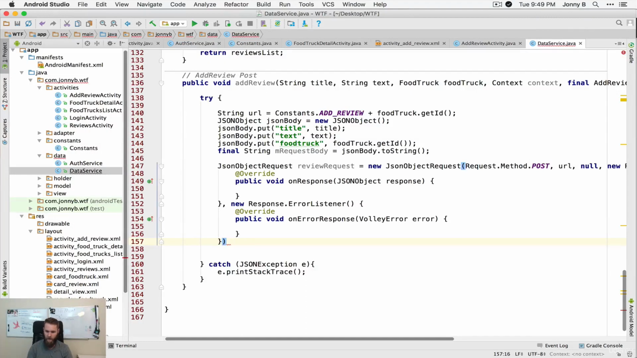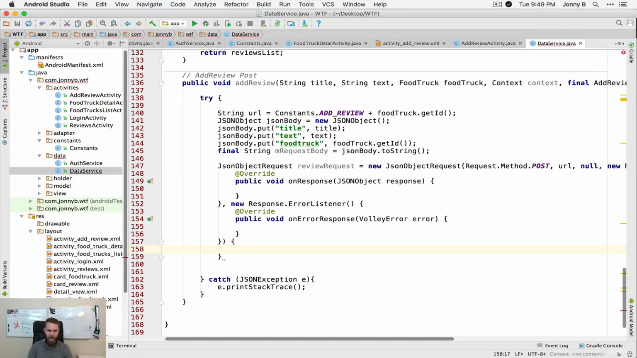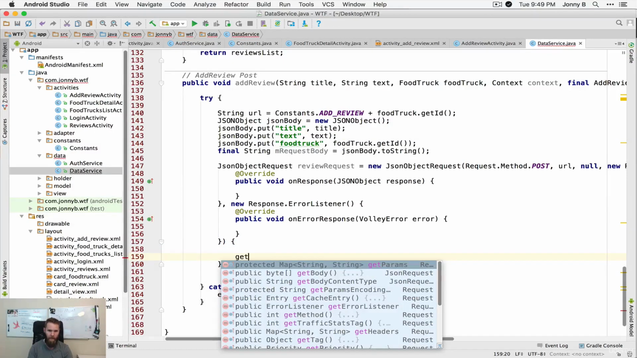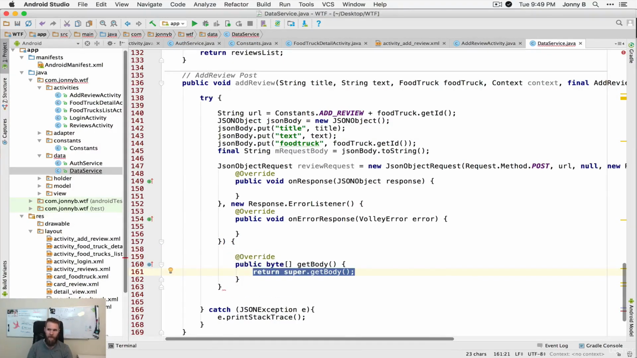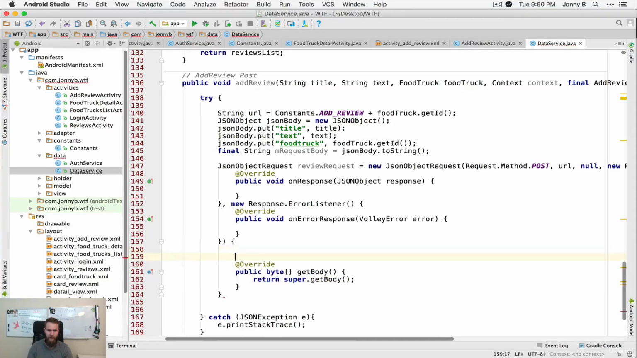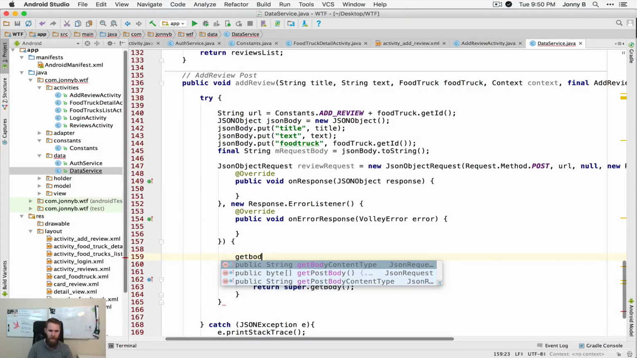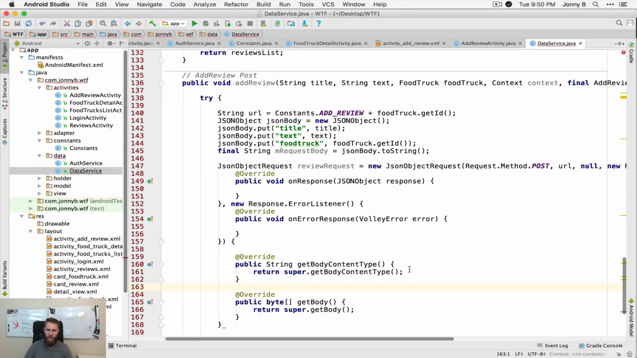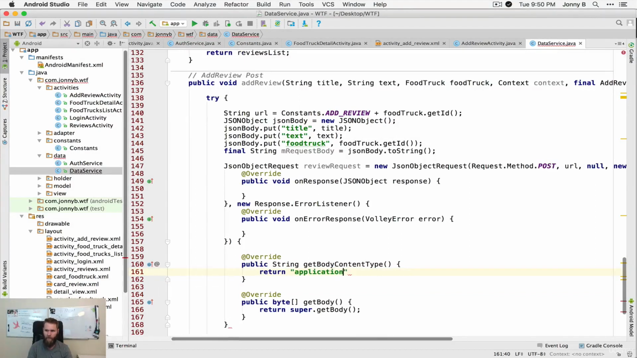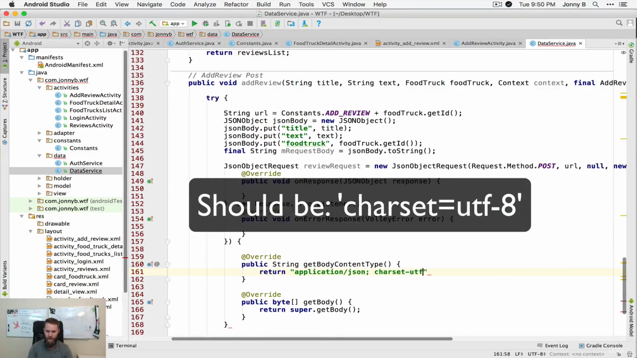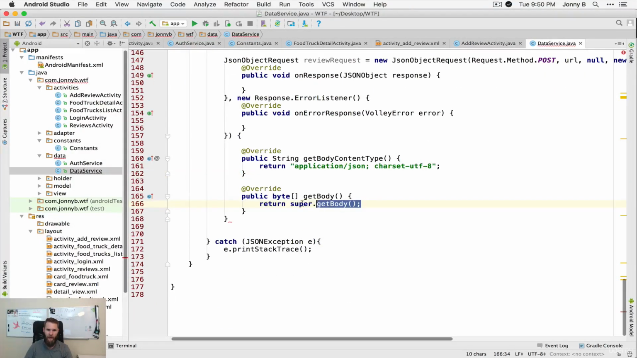We need an open and close parentheses here. So then we're going to say get body, and that's right here. But first let's do the get body content type, and we are going to return application/JSON; charset=UTF-8;